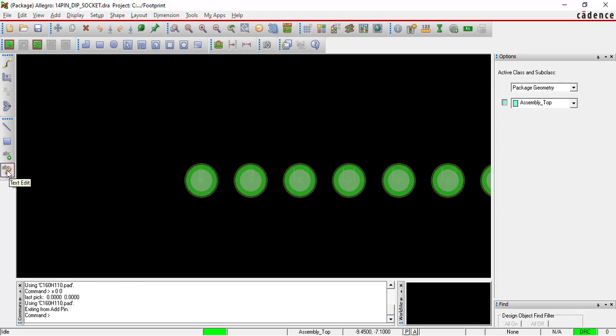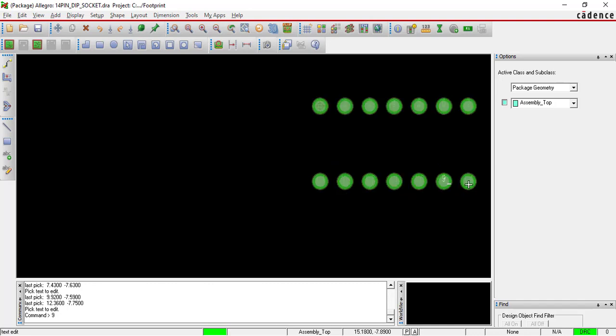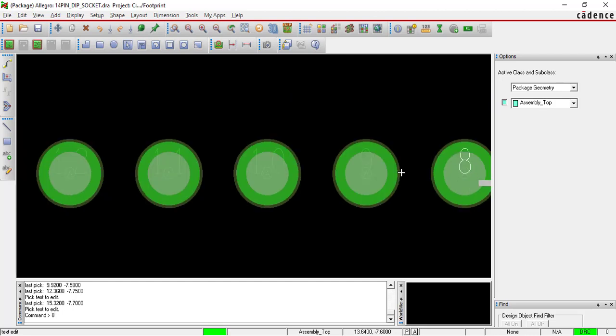Click text edit, click here, this one 14, this one 13, this one 12, this one 11, this one 10, this one 9, this one 8. Delete the first and put 8 here, 8, 9, 10. So you have to click here and modify the names of the pins.